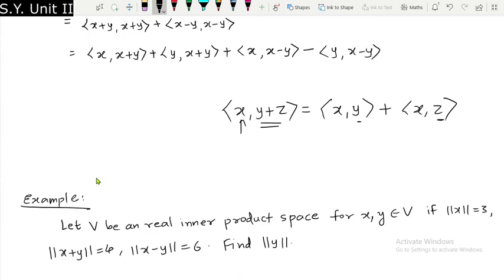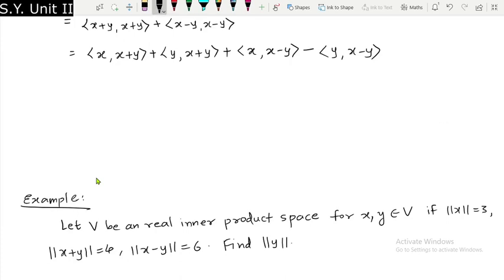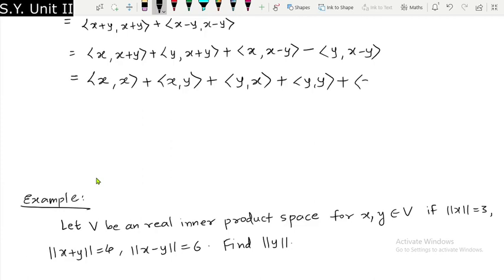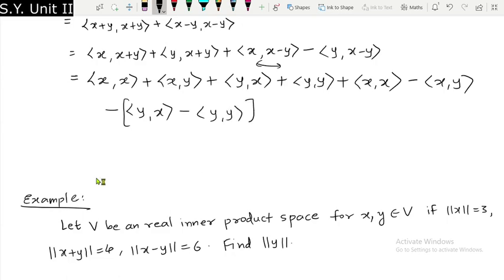inner product of y with x minus y, and this will be further equal to, now I am going to fix the first coordinate. So inner product of x with x plus inner product of x with y plus this will be inner product of y with x plus inner product of y with y. This will be plus inner product of x with x. Now I am doing the calculations for this term, minus inner product of x with y. Over here it will be again minus inner product of y with x, a bracket whenever you have a minus sign, right? So it will be minus inner product of y with y,